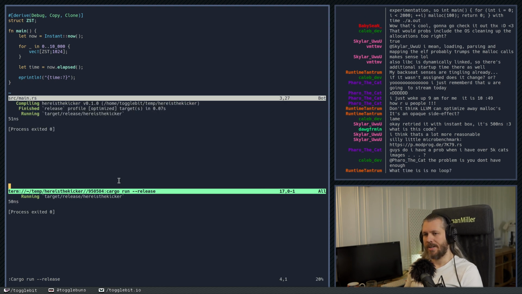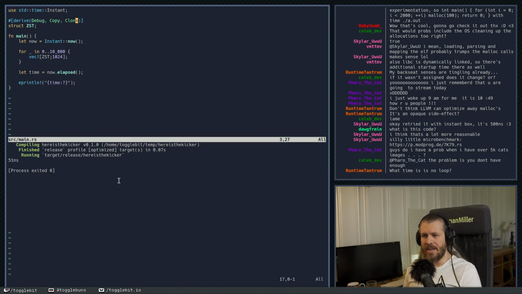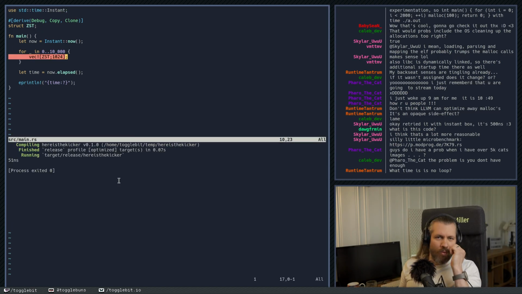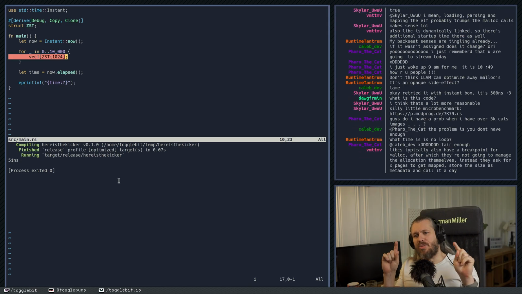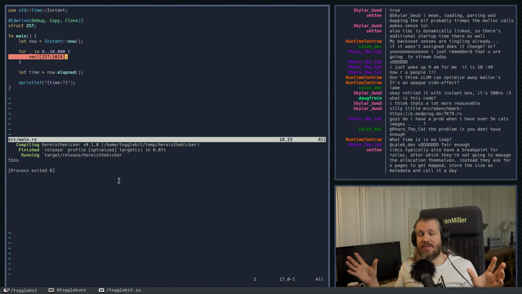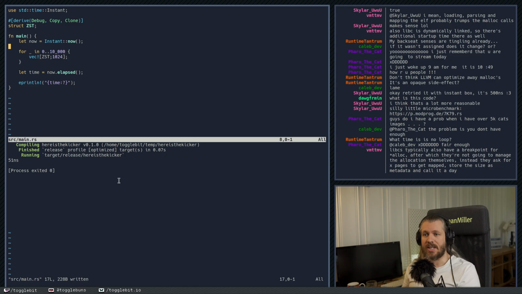51 nanoseconds, right? Because we don't actually store the data in there. So when this thing is created, it could just be a counter, right? The underlying vector doesn't actually have to allocate anything on the heap. All this data is on the stack, right? There's nothing on the heap because of this, right? The moment we change this